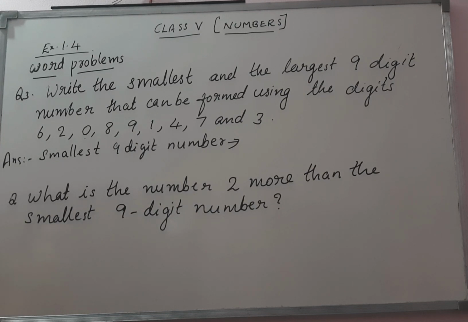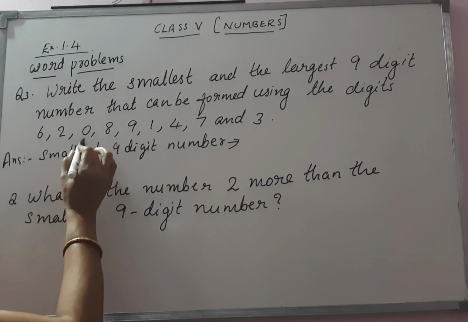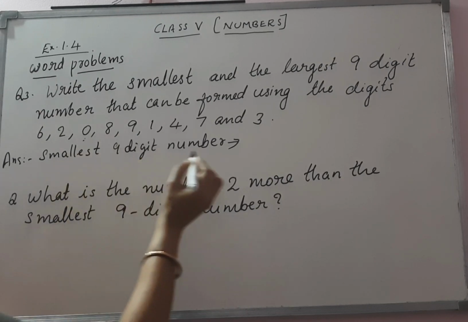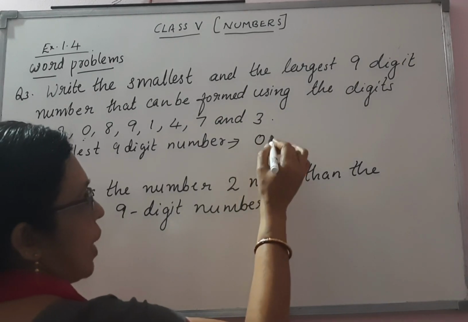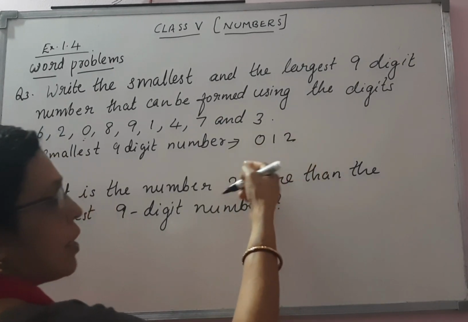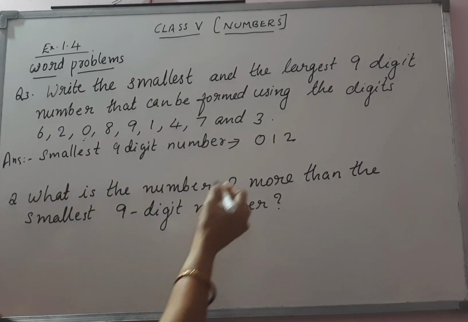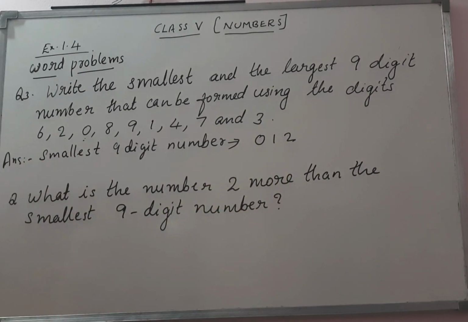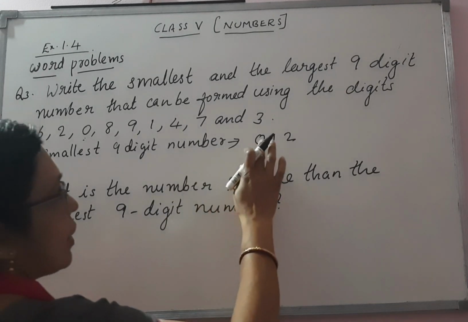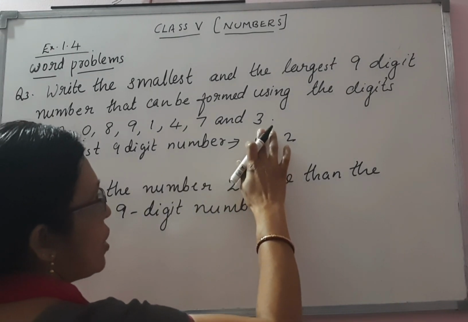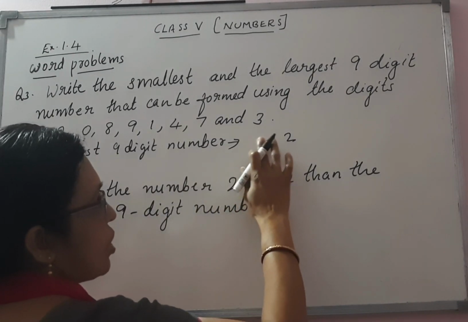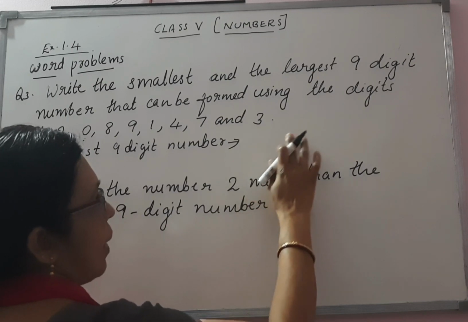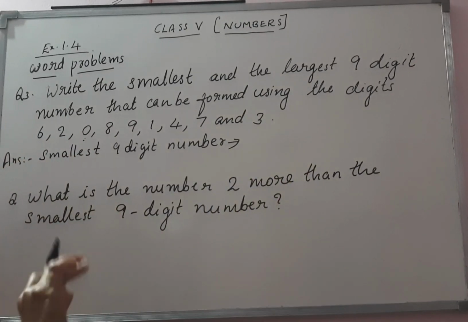If you are going to write the digits in ascending order, means small to big, you see which is the smallest digit, 0. Suppose I am writing 0 first and then the remaining digits, there is no value for the 0 if you put the 0 first there. So we should not put 0 first. We should not start a number with 0. So that 0 we can place in the second position.